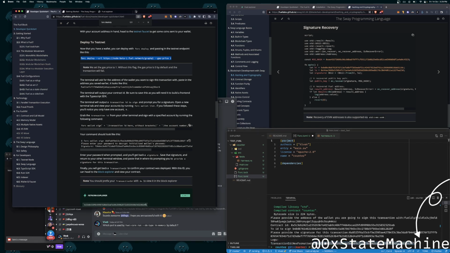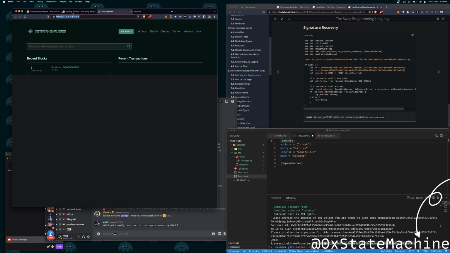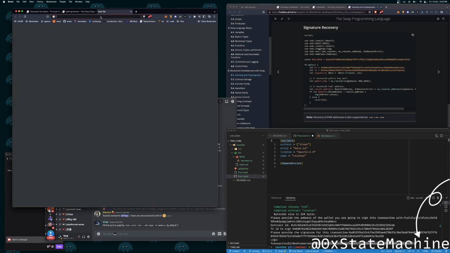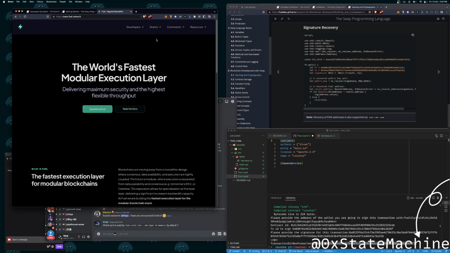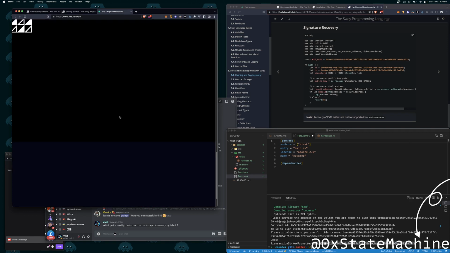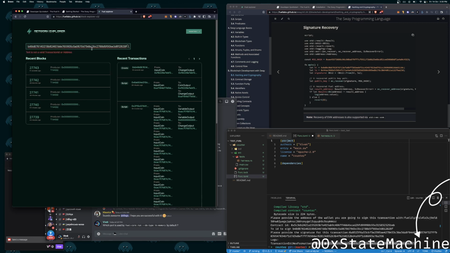We're going to go to the Fuel Explorer, the Block Explorer. Now I have access to the transaction ID, right?